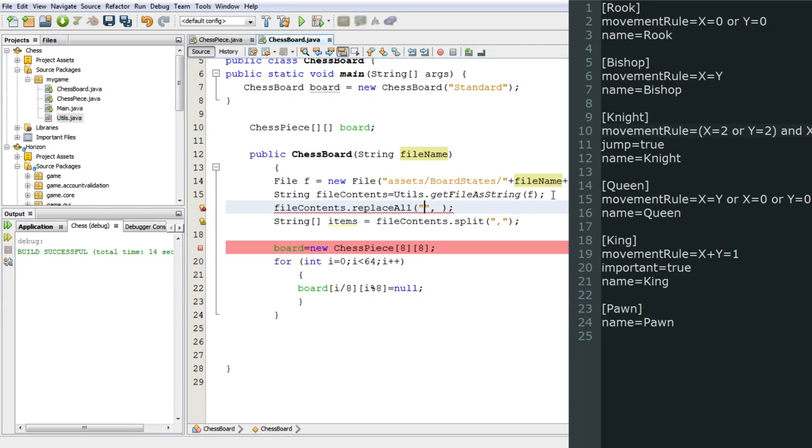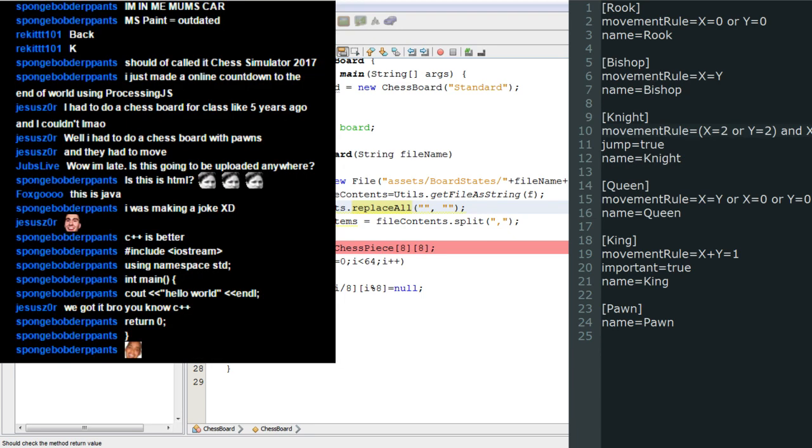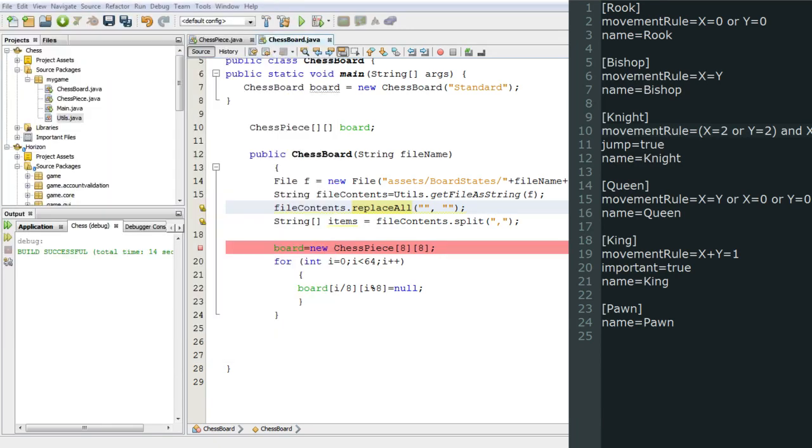Jesus Zor, combo breaker on SpongeBob. I was hoping somebody would do that. I didn't want it to be me. File contents. I need to wait. Let me put this up here. This is what just happened right here. SpongeBob Derp Pants, excellent name. He was typing out his hello world in the Twitch chat, and then he got combo breakered right here. Anyways,